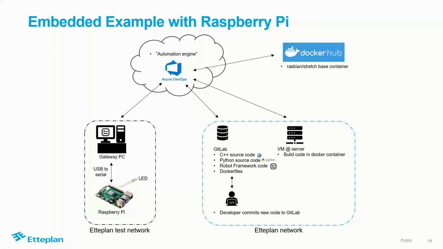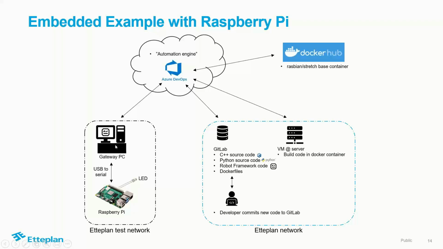Okay, so then the demo case. This is actually the same that we are showing our people as well. A similar picture as in the previous slide, with the network and Etteplan network. In our demo case, which I will show you shortly, we have a GitLab repository where we have C++ source code, Python source code, robot framework test code, and Docker files. On the Etteplan test network side, we have a Raspberry Pi with an LED present. The Raspberry Pi is connected to our gateway computer via USB to serial connection, and we have